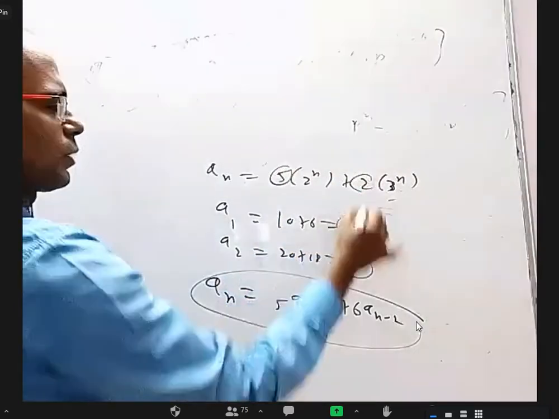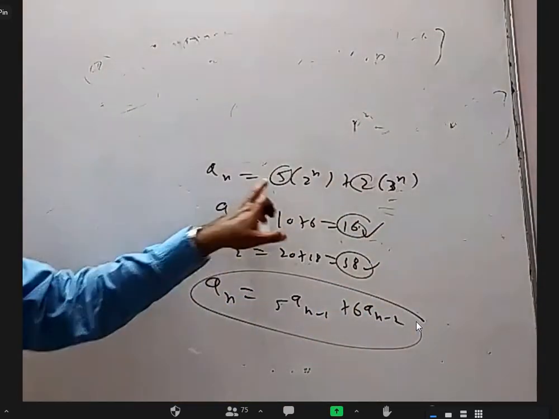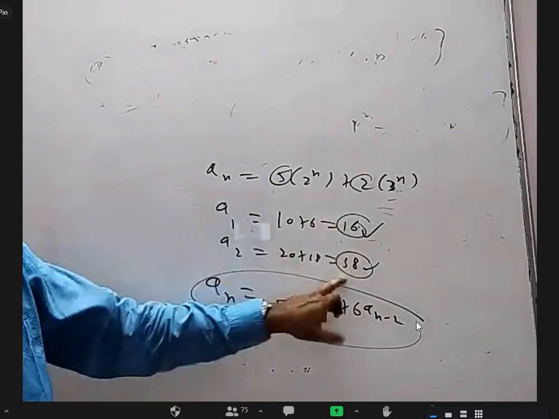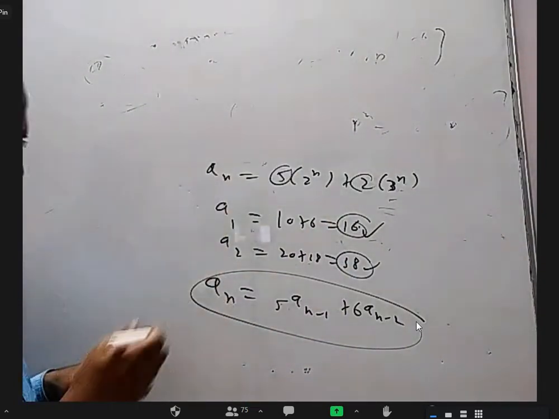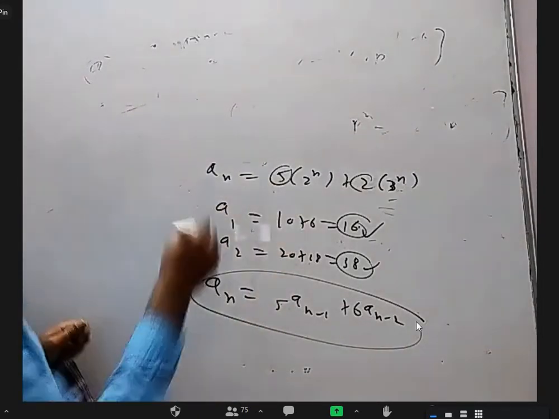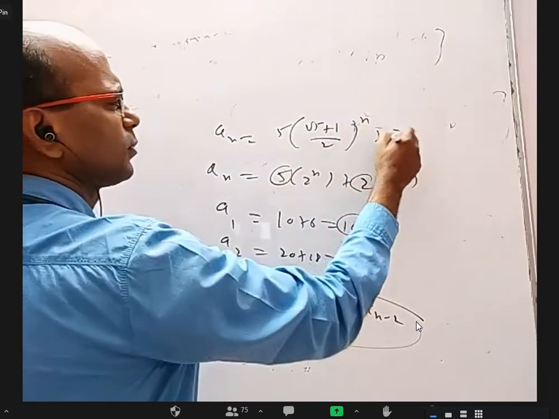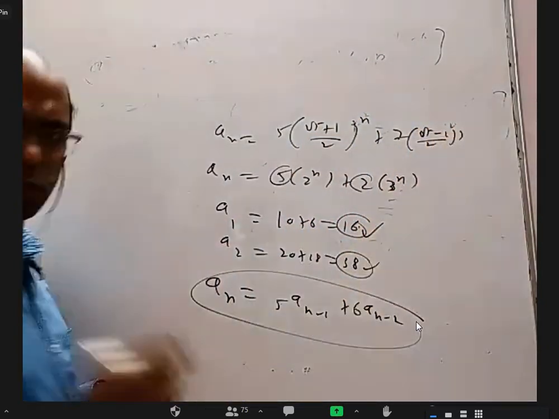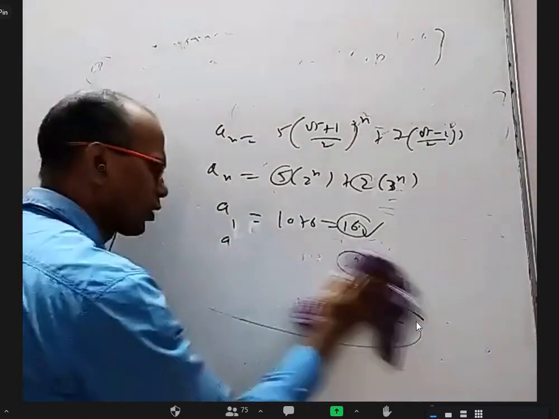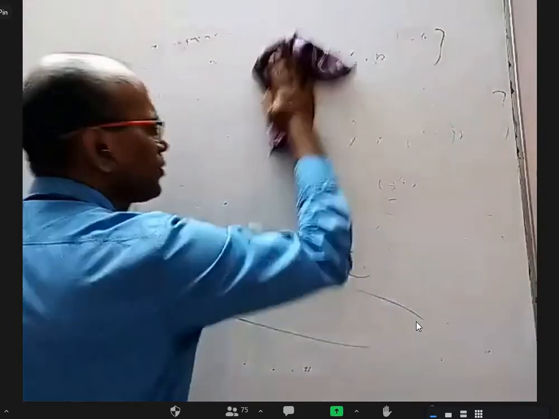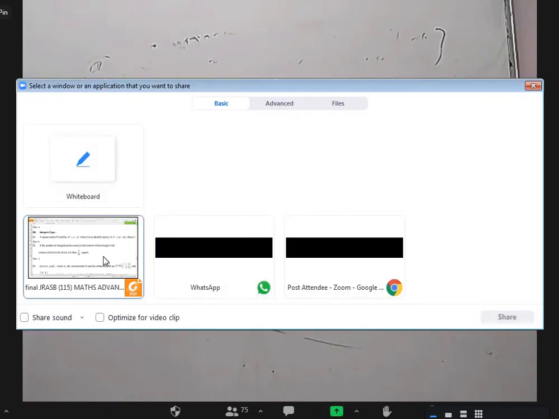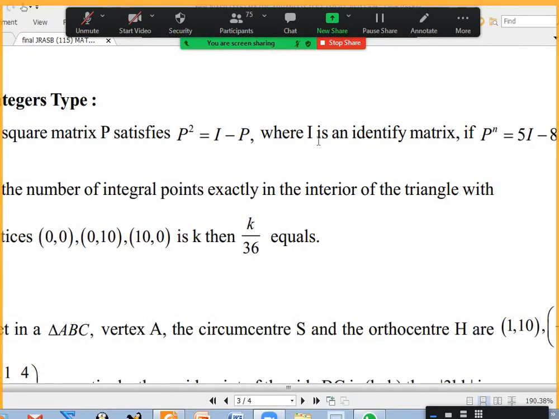But these 5 and 2 will depend on the numbers I give. If I change 7 here, 8 here, it will be more or less like this only, but these numbers will change. Okay, anyway. But sometimes in a Fibonacci sequence, we may not be able to tell the nth term like this. Sometimes we may be able to tell, but it will be in thirds, like root 5 plus 1 by 2 whole power n plus some 7 into root 5 minus 2 whole power n. Don't worry about all this. If somebody doesn't know about Fibonacci sequence, don't worry. My point is, when they give some question like this and ask p power 100 or something, in 1 or 2 cases we may be able to tell easily, but not always. So here, as I said, really find p square, p cube, p power 4, p power 5 till you reach the answer. Is it okay?